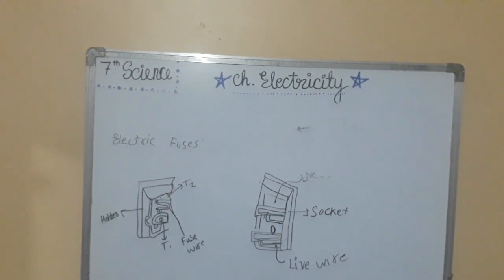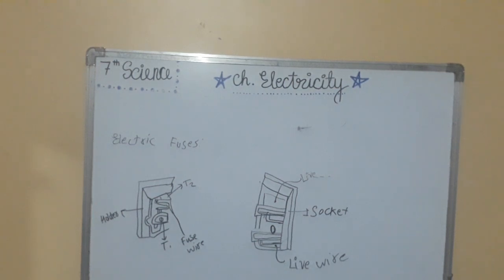When the grip is inserted in the casing, the terminals T1 and T2 get connected to each other through the fuse wire. When some overloading or voltage fluctuation takes place, the fuse wire melts. This in turn breaks the electric circuit, and hence current stops flowing in the circuit. Thus, in a way, a fuse helps in disconnecting an overloaded or faulty electric circuit, and hence prevents an electric fire.